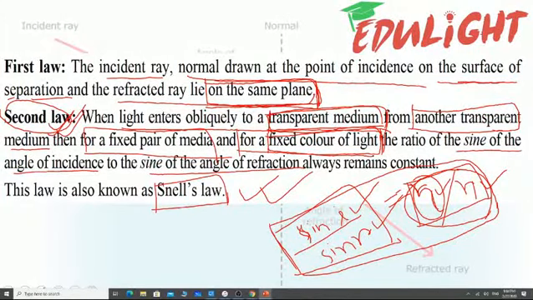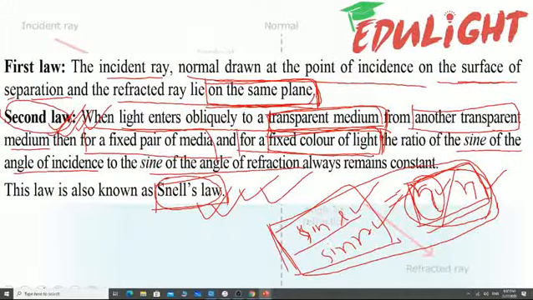If we express this in theory, we need to give the definition like this: when light enters obliquely from a transparent medium to another transparent medium, then for a fixed pair of media and for a fixed color of light, the ratio of the sine of the angle of incidence and the angle of refraction will be a constant, and that constant will be eta or n, also known as the refractive index. In theoretical concept, it will be called Snell's law,